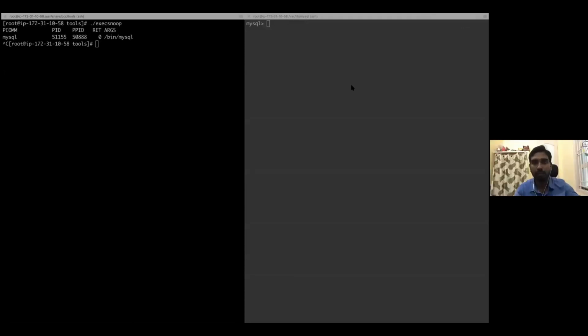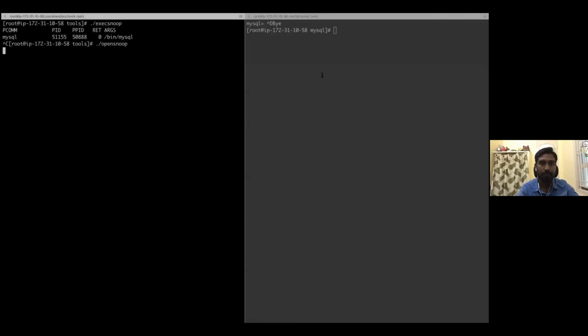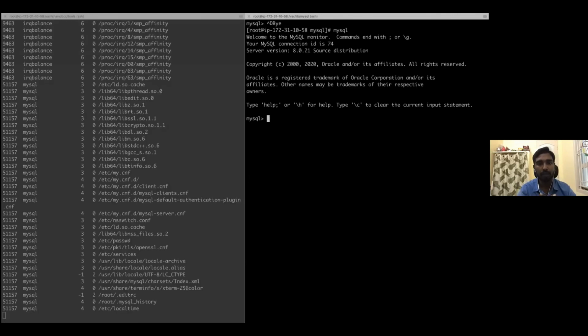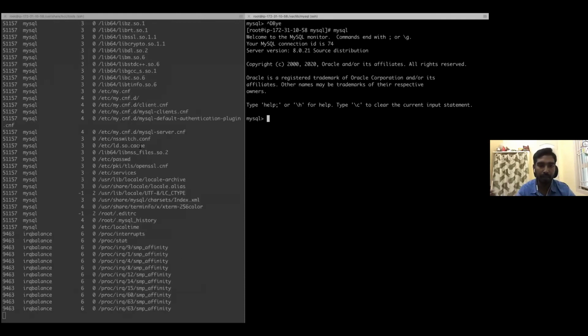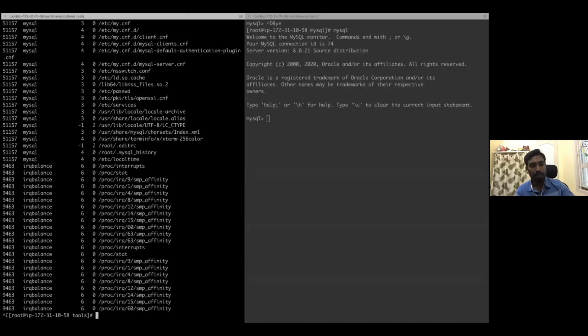Just one last tool, that is opensnoop. That's it, I'll complete the things. Basically this tracks all the file openings. For example, I just opened a MySQL client. You can see what files it has touched or tried to open. This helps in tracking a log file size, or a log file which is being continuously hit, or some file which is being continuously called or opened, maybe a malicious attack, and these things can be tracked easily. So with this, I'll close my demo.